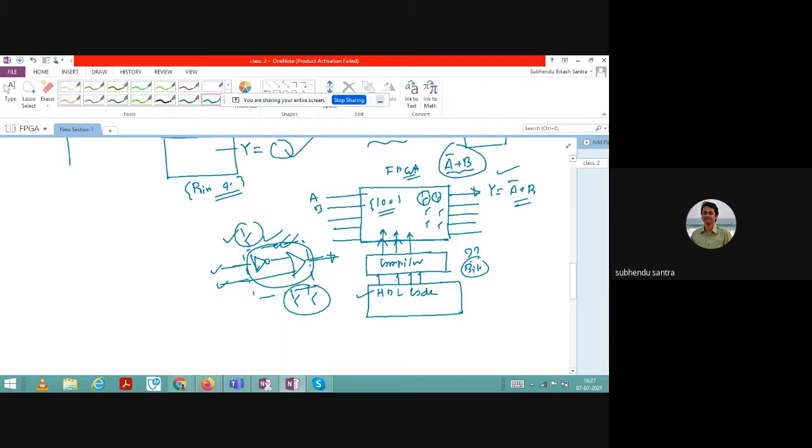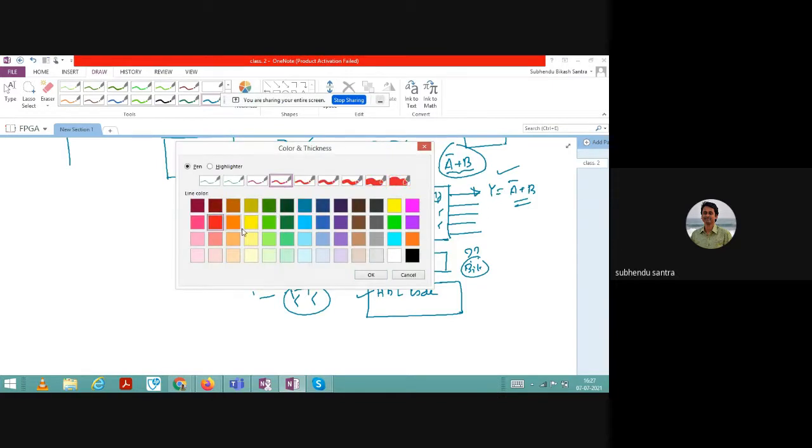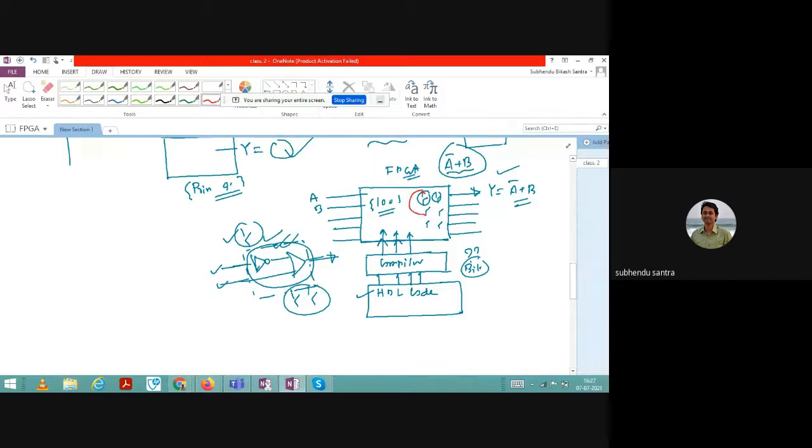It will generate a circuit, and this circuit will be automatically redrawn. Okay, let me take a different color, and let us think that it takes around these three transistors, and after that it generates this circuit, and then the whole chip, or whole thing, will become like that. So it has an FPGA board, and you do not need to use any other chips. Only one FPGA chip is required.